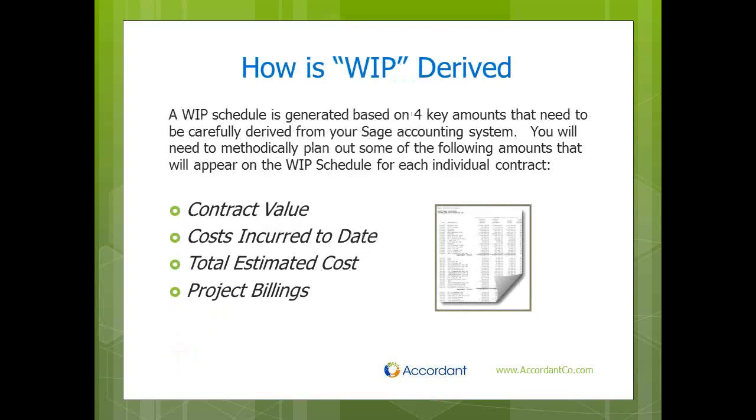So how is WIP derived? A WIP schedule is generated based on 4 key amounts that need to be carefully derived from your Sage accounting system. You will need to methodically plan out some of the following amounts that will appear on a WIP schedule for each individual contract. So let's discuss these 4 key amounts. First, there is the contract value. What represents a contract value? Well, it starts with the original contract that you have with your customer. From that point on, you have changes that go on throughout the process of the contract. Those changes, when they become approved, increase your contract value and is an important factor in calculating your total contract